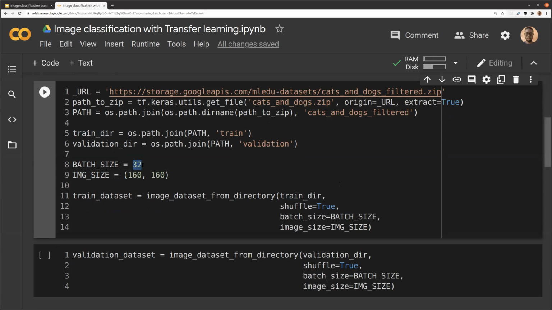Donc, si on fait 32, ça veut dire que le modèle va lire 32 images, va optimiser les paramètres et va aller charger 32 autres images. On va avoir des images de taille 160 x 160. Et quelque chose qui n'est pas mal avec TensorFlow, c'est qu'avec cette méthode-là, dataset from directory, tout ce qu'on a à faire,